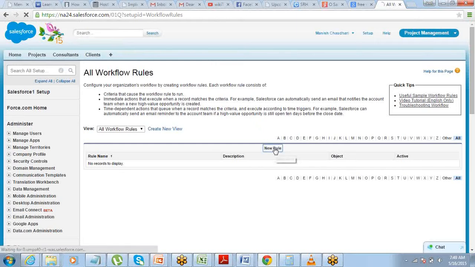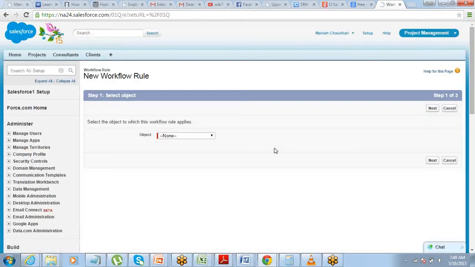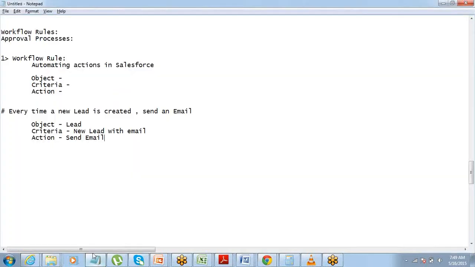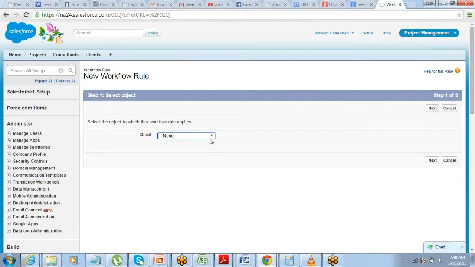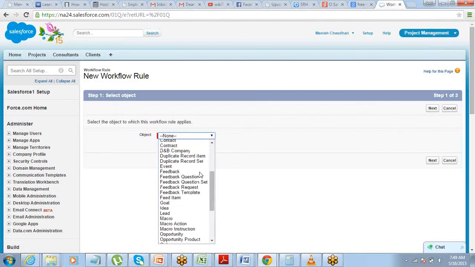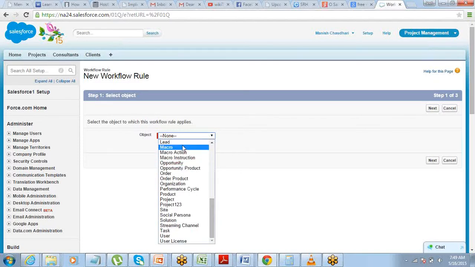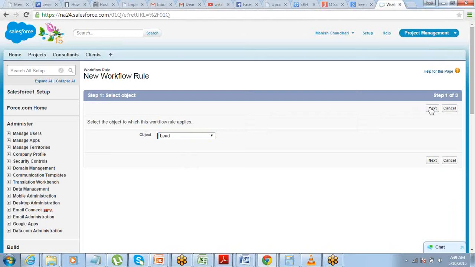Click on new rule. Select the object. As I told you, there are three things that you need to decide before you start creating the workflow rule. So the object is lead. That's fine. Let me go ahead and select the lead object. Go to next.